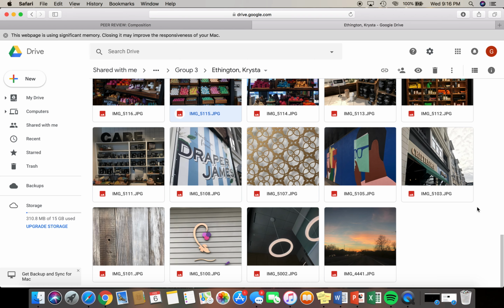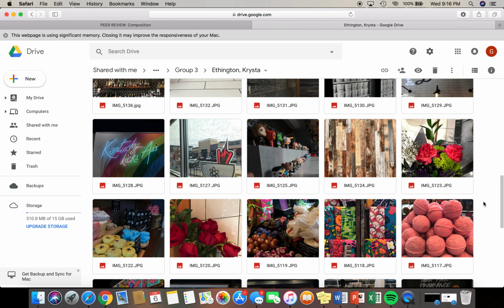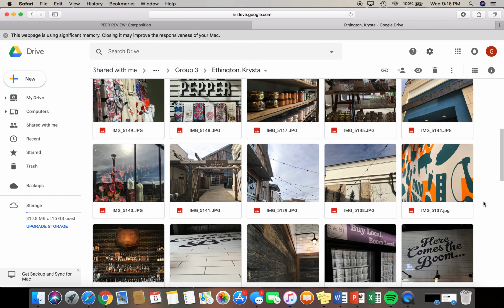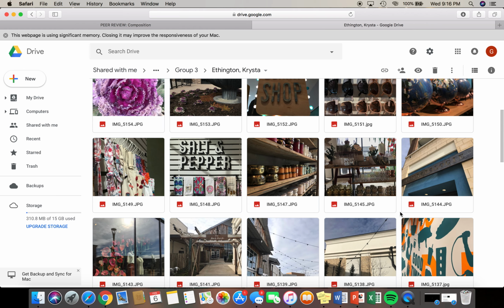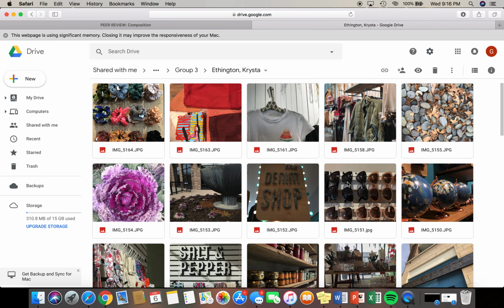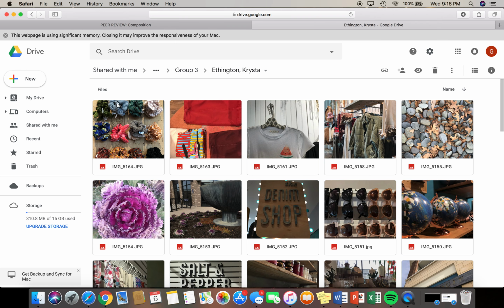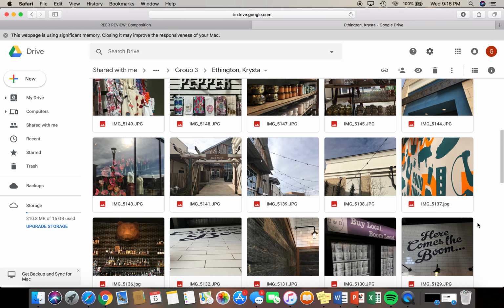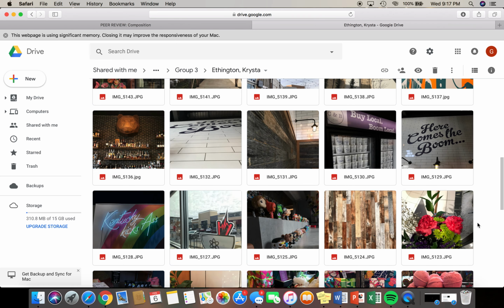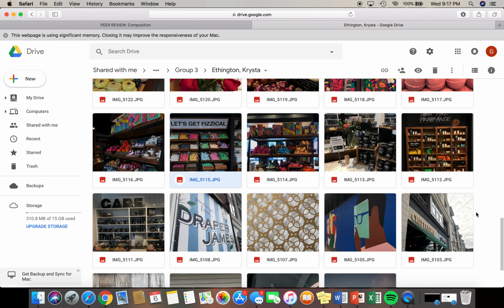Maybe some advice to improve on pictures would just be to try more angles and maybe make them more focused on one thing instead of having so many pictures of walls filled with products or decorations. Maybe just making them more focused on one object in a photo. Although her pictures that have a lot of subjects in them, like these and that one, are still good. I just think if she had more pictures where it was focused on one thing, they would be